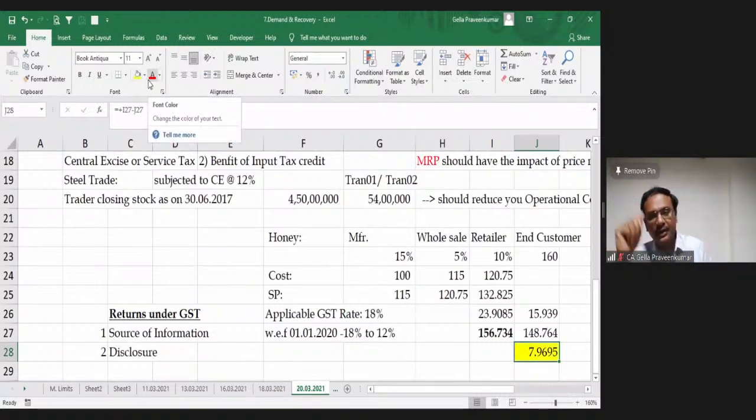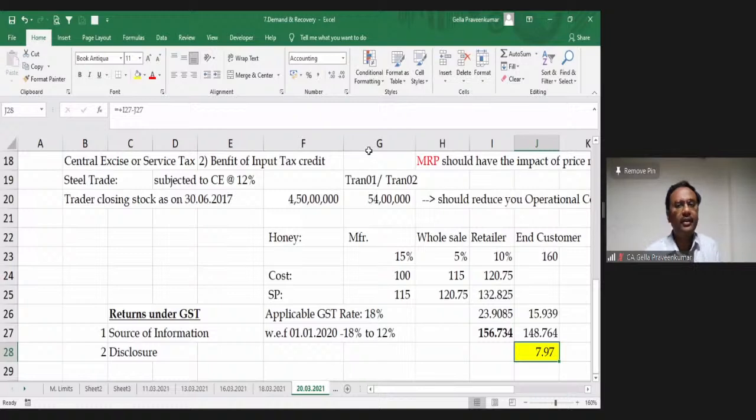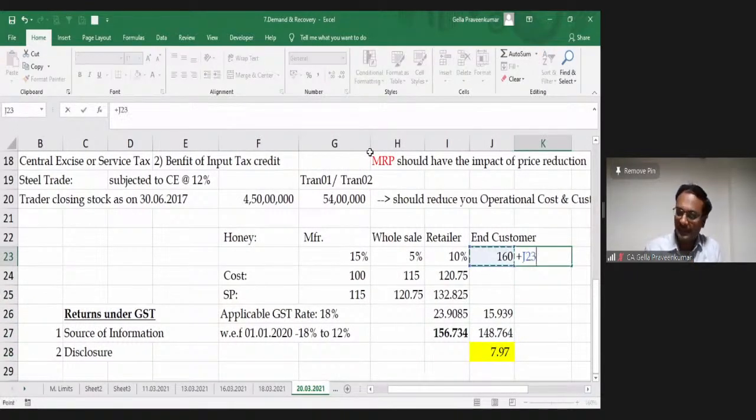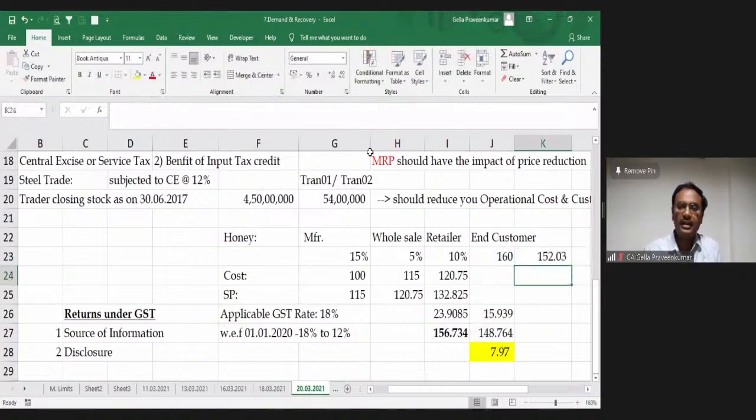Assuming that a rounding of 3 rupees, 4 rupees, whatever it is, I keep aside for a moment, my benefit of reduction in rate of tax from 18% to 12% is straight away a reduction of 8 rupees. So the logic here would be, they say, you reduce this 160 by this change in the rate of tax. So whatever MRP 160 is there, you call back those items, put a fresh MRP and then resell in the market, or pass a circular that this product cannot be sold at more than this particular price.